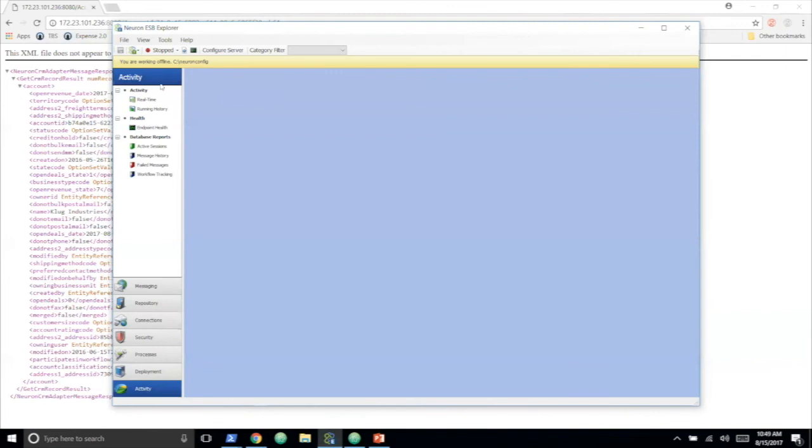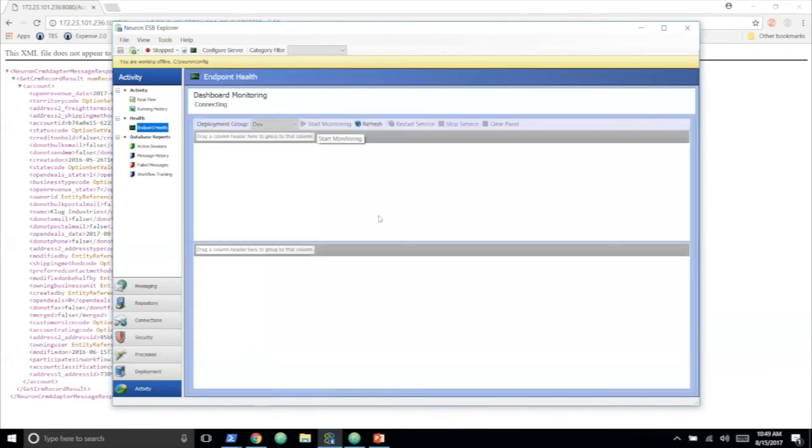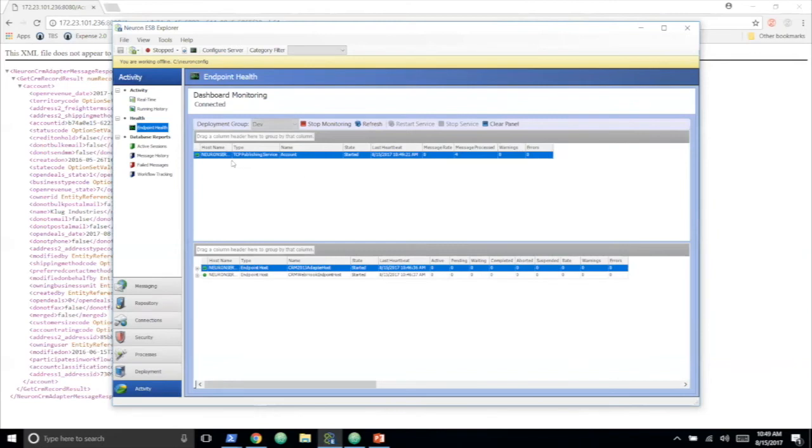And I'm going to the activity screen, and in the endpoint health, you will be able to see it list out the 3 containers turned on. So it's turned on the container which is running a topic, then a container which is running a CRM 2013 adapter host, and it turned on endpoint host. And it gives you real-time tracking of what exactly happens. That's our monitoring story today, but we are moving towards the portal, and that's where you will see a lot of features coming in.